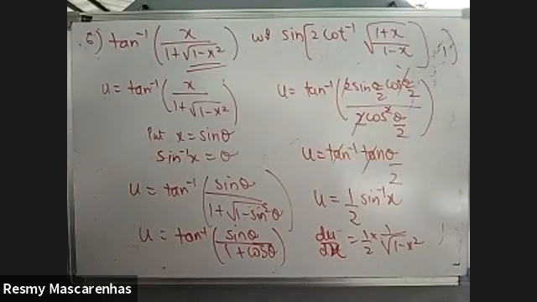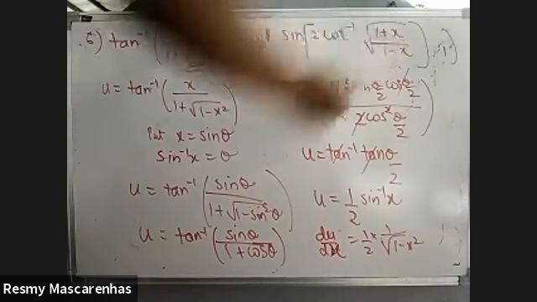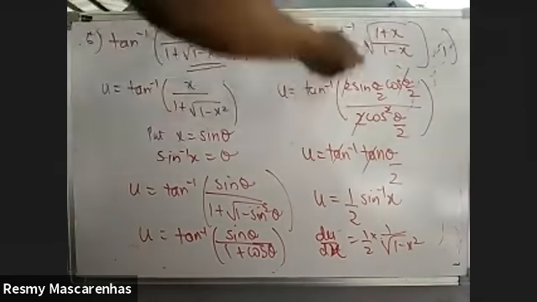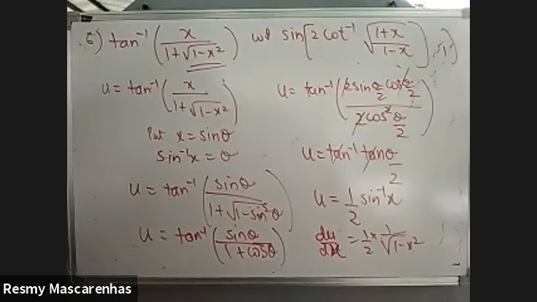Okay, now take v and start solving. This is in the form of root of 1 plus x upon 1 minus x. This is also a standard substitution. Anybody knows what to substitute? Root of 1 plus x upon root of 1 minus x, if it is there. First, we have to convert cot into tan. Not necessary also. Even if you don't convert, it's still fine. Even if you convert, no issues.